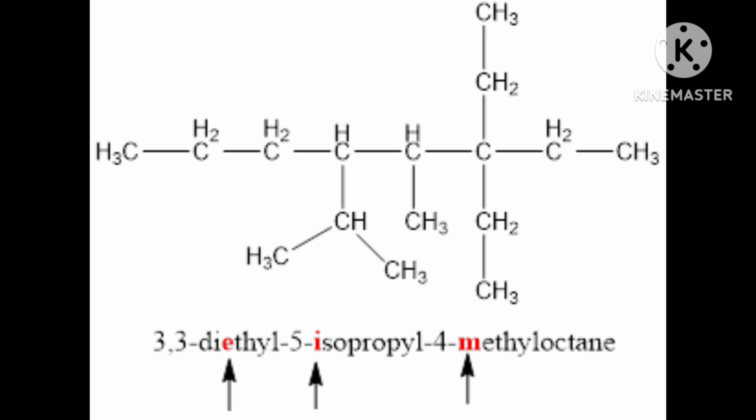You have to write the IUPAC name, and that is also very easy. Five carbons are there, and in the first carbon an OH group is attached. Only one group is there, OH. Then it will be called pentane, because 5 carbons are there. That's why pentane-1-ol, because at the first carbon